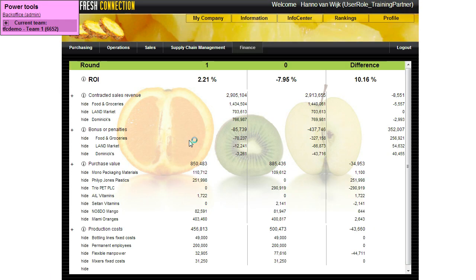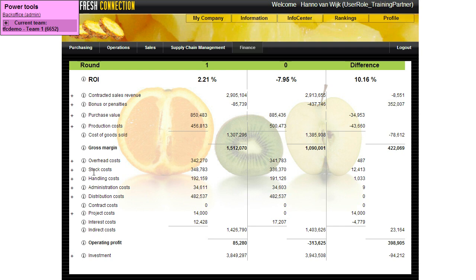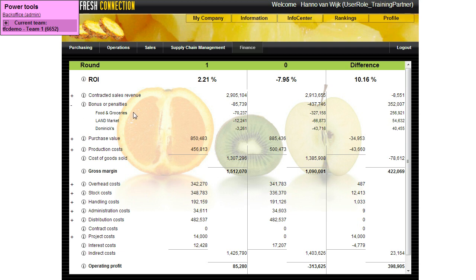As you can see, this is a similar layout, but it's not compressed anymore. If you click on any of these little pluses, you'll get drop-down menus which will show you specific information regarding bonuses and penalties and all the other things. A big part of the game is to deliver what you promise, and that's where the bonuses and penalties come in. As you can see over here, pretty much a great part of the additional revenue produced was just